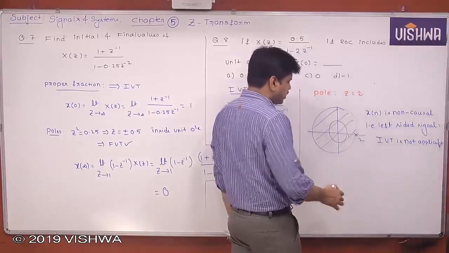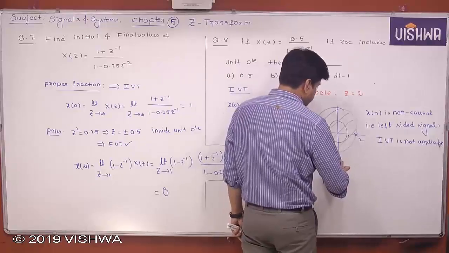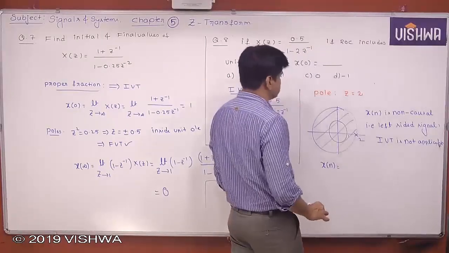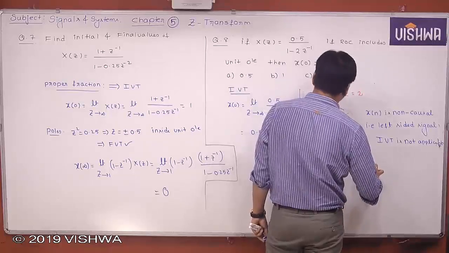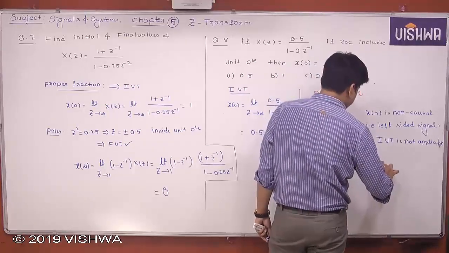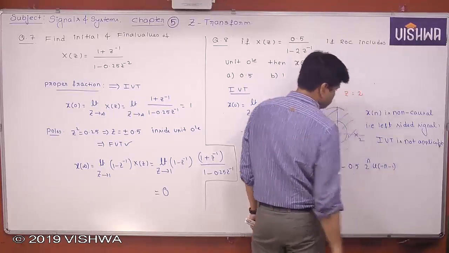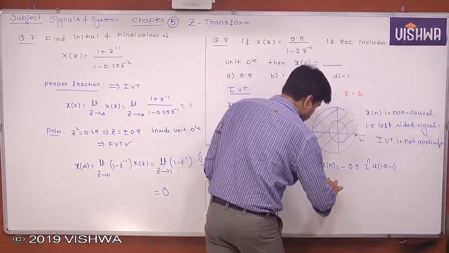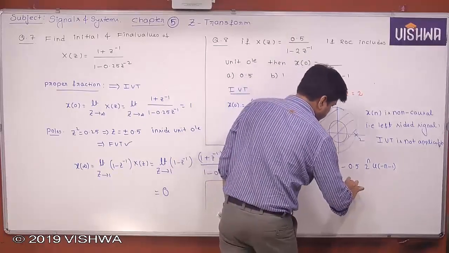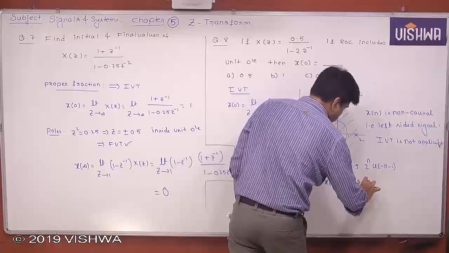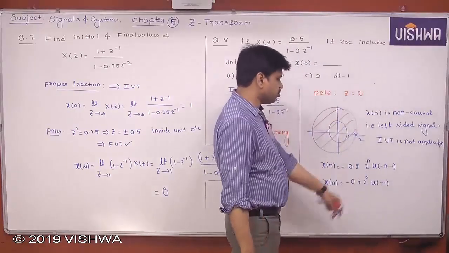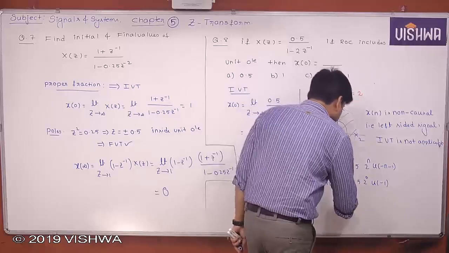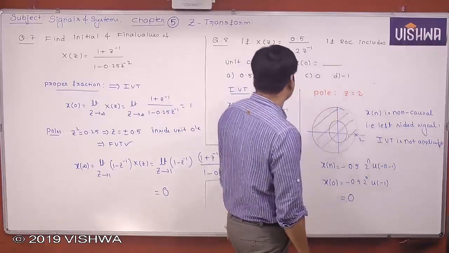Then what we can do is directly calculate x of n. Because it is a left-sided signal, we have to change the sign, that is minus 0.5 into 2 power n u of minus n minus 1. Then what is x of 0? X of 0 is equal to minus 0.5 times 2 power 0 times u of minus 1. What is the value of u of minus 1? That is 0. So finally we are going to get 0. So the answer is